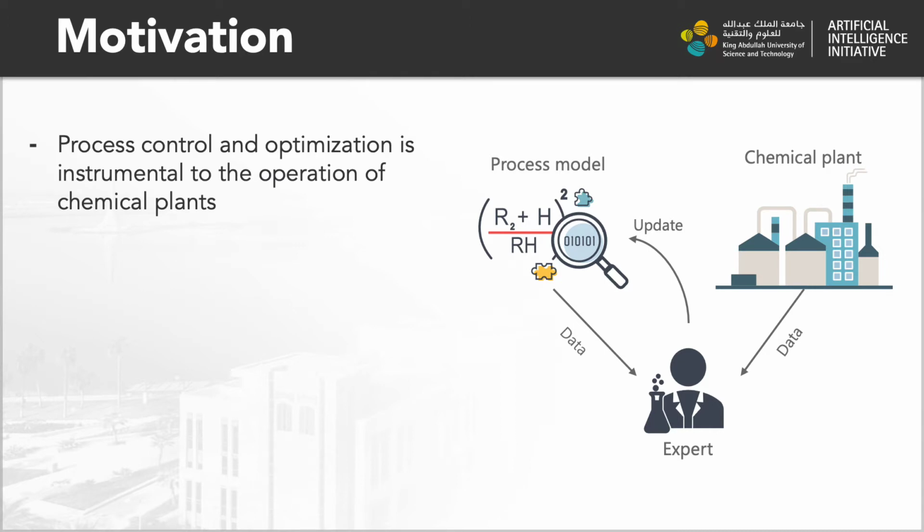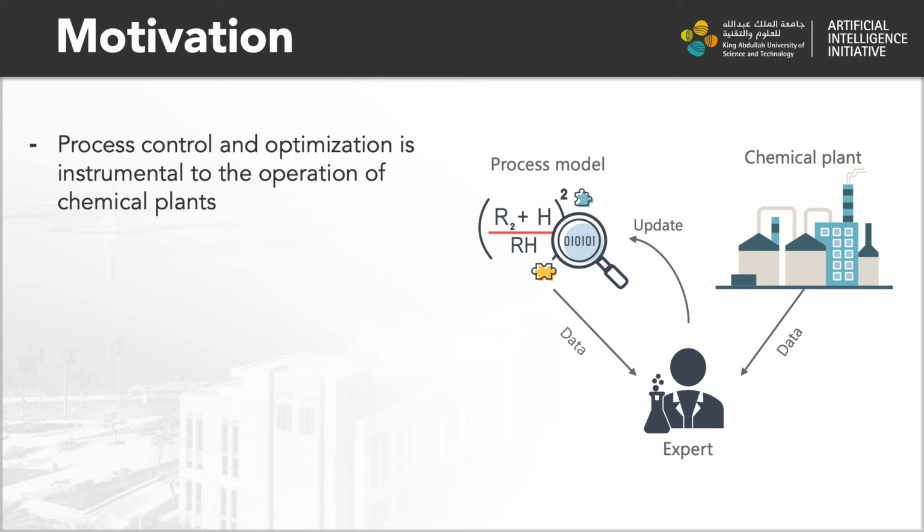Process control and optimization is instrumental to the operation of chemical plants. The goal for process optimization is to calculate the values of the process variables that lead to the best value according to a performance criterion. When the optimum values are calculated, process control aims to maintain the process at the desired operating conditions to ensure safety and profitability. However, disturbances, measurement uncertainties, and high-order dynamics in complex and highly integrated chemical processes pose a challenging